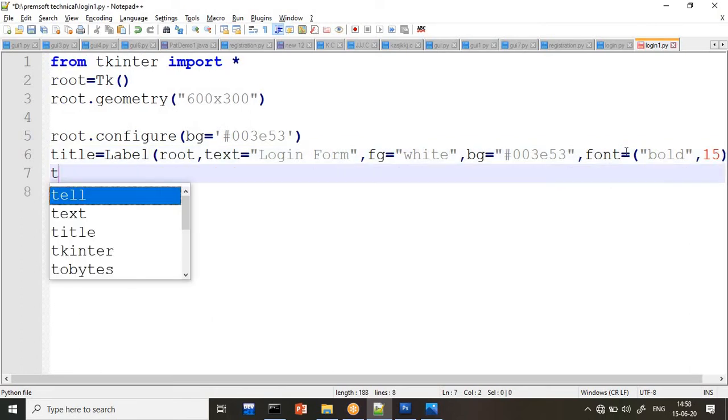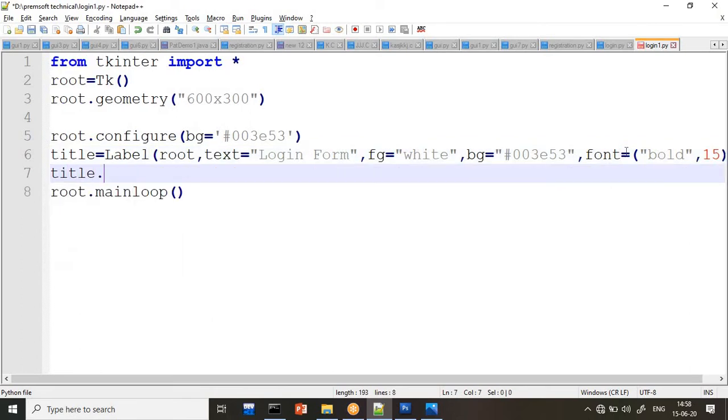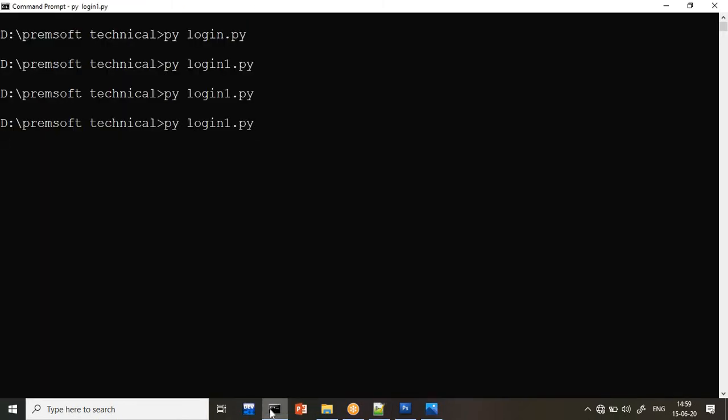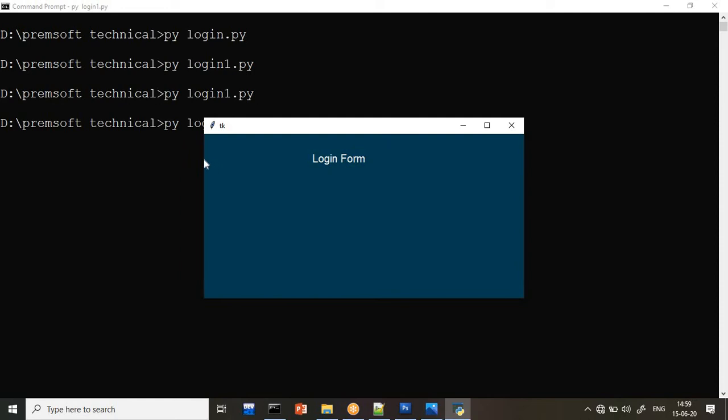So before seeing the output, we have to write title.place, and for the x-axis I want to place it at 200 and for the y-axis at 30. Now save and check the output whether it is coming fine or not. Perfect. The x-axis is nothing but the distance from here to here, 200, and from the top to here the space is 30. So we are getting perfectly the same as I was getting for login.